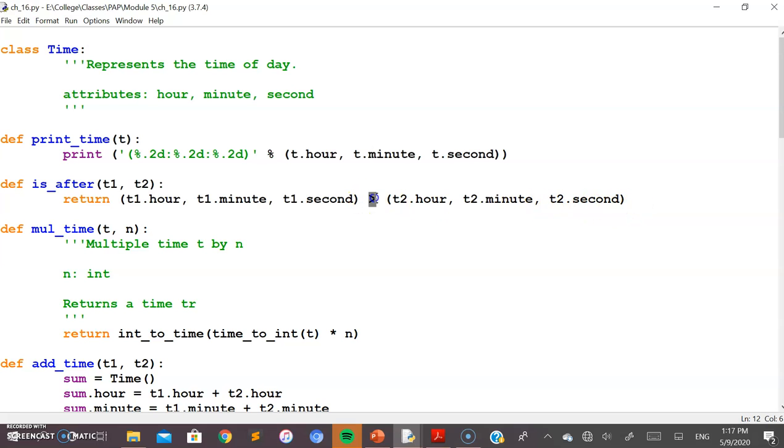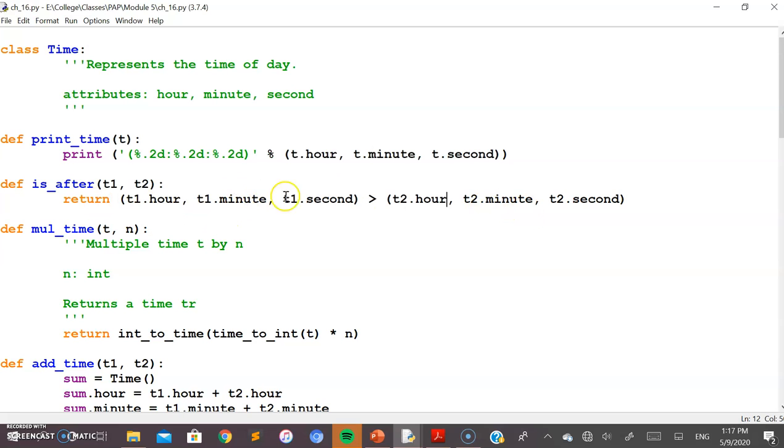Then how does this greater than operator behave on the tuples here? We have already discussed this while studying the tuples chapter. The comparison operator always compares the first elements of the two tuples first. First it does the comparison of whether t1.hour is greater than t2.hour. If it is true, then it will never proceed to the next elements of the tuple. It proceeds to the next elements only if these two values are equal, and then it compares the second element of the first tuple with the second element of the second tuple, like whether t1.minute is greater than t2.minute.